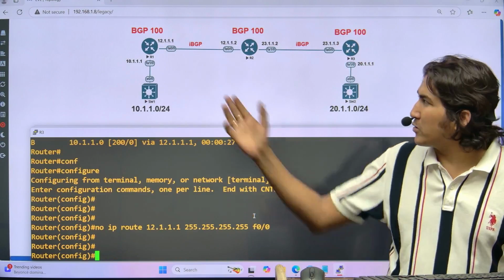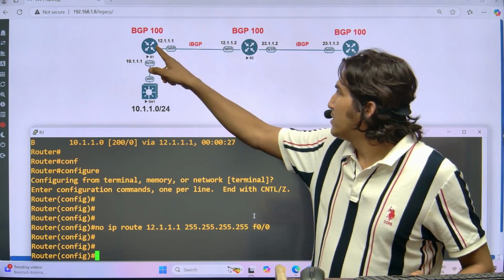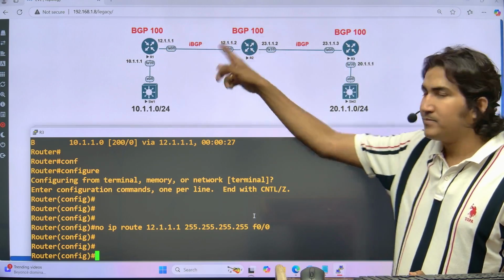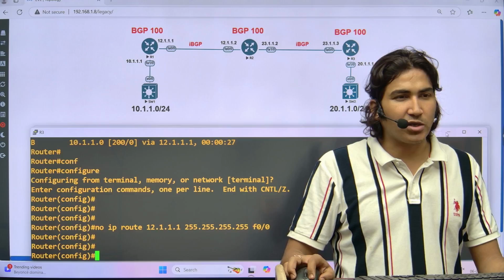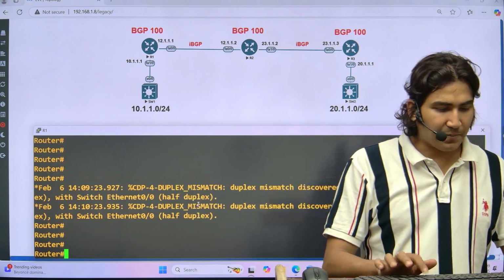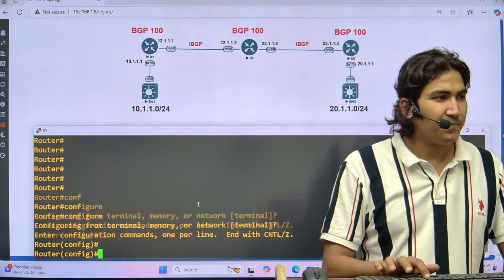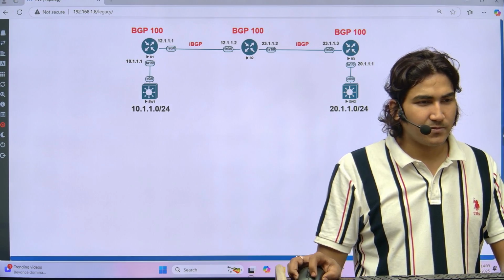Another option, you can configure any IGP protocol on all the WAN links, right? And the third option is route map. Now I am going to tell router number 2 to always update the next hop IP address, right? So on R2,